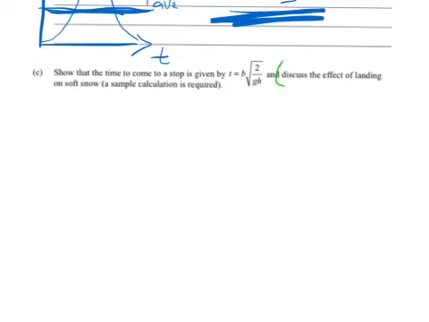The discussion of effective landing on soft snow is the second part. So I might do the soft snow part first because that's a little bit easier, and it's kind of not related. There's a trick in this. The equation we're trying to derive is not related to the second part. You could do it that way. You could use